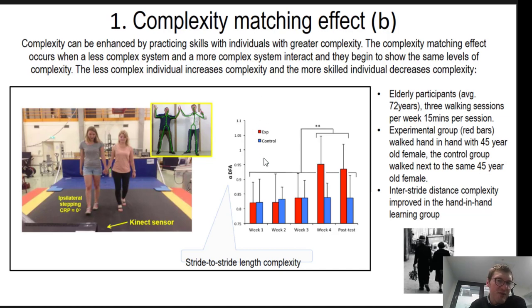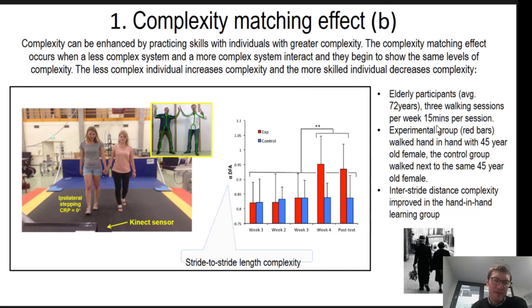The experimental group, what they did was they had, again, 72-year-old participants walking around an oval for 15 minutes per session, 3 times a week, right? And during their walk, they held hands with a young